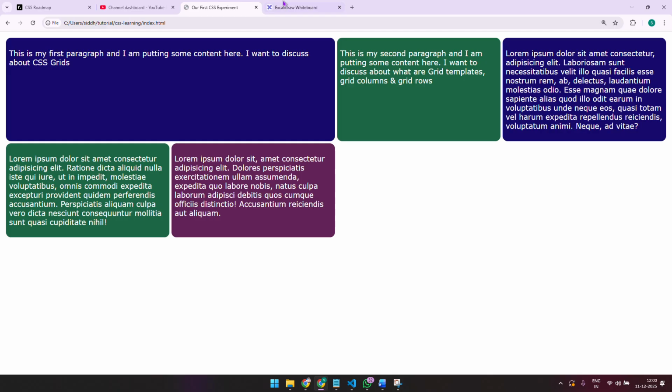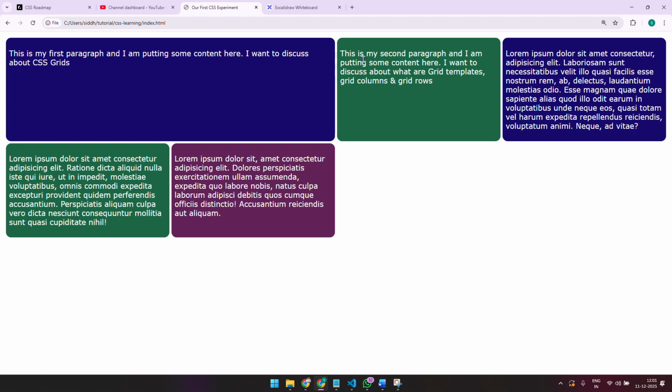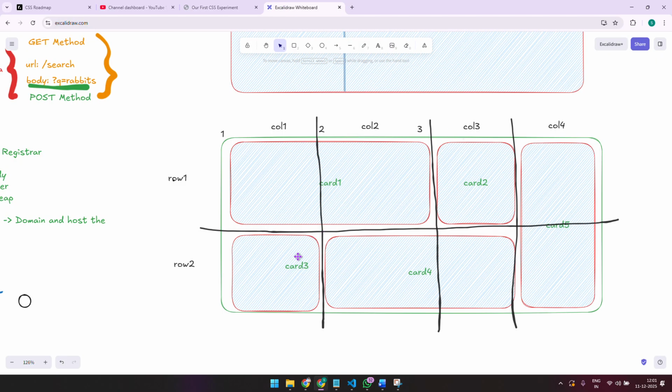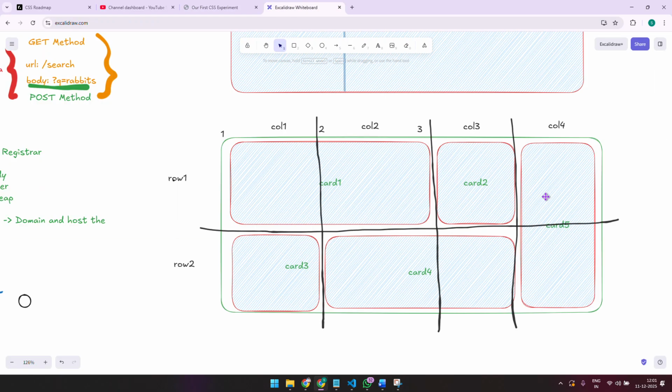We also want this card 2 to remain as it is. So this is my second paragraph, it remains as it is. All right, we want our card 3 to shift here. All right, card 4 to remain here and card 5 to take the space of 2 columns, right? How do we do that? Because after card 2, card 3 comes in, right? But here the card 3 is shifting here, right? So is there a way that if I shift card 5 for a column span of 2,